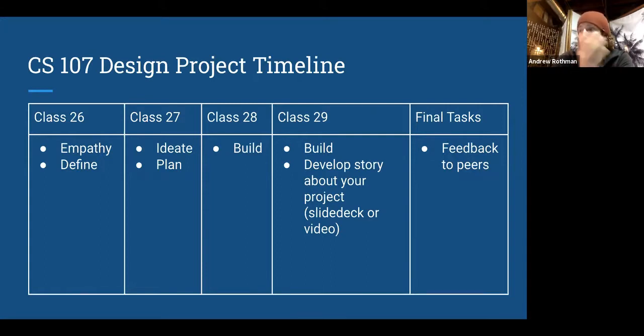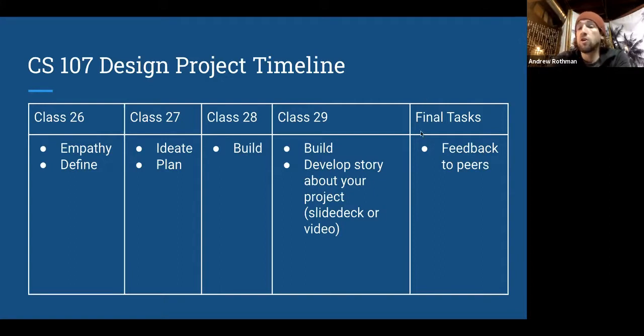So similar to when we did the creative game project, you guys had a couple class days where we'll have some people in here to help you build, if that's what you need. I haven't totally figured out this piece, but there needs to be an element where you'll produce some sort of story about your project. So like an explanation of how your solution or your project meets the need of your client. It might be as simple as a slide deck. I might have a framework for how to do like a screencast video type thing, but we're still trying to hone in on the details for that.